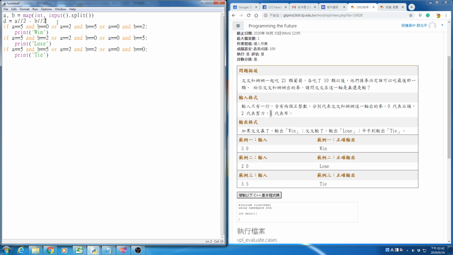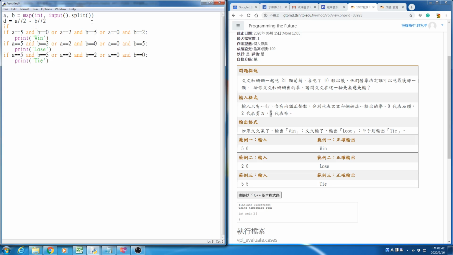All right. I will start a new line. If D is equal to, all right, what if A is 5? And then divided by 2 will be 2, right? B is 0, divided by 2, it will be 0. So what is 2 minus 0? 2, all right. If D is 2,